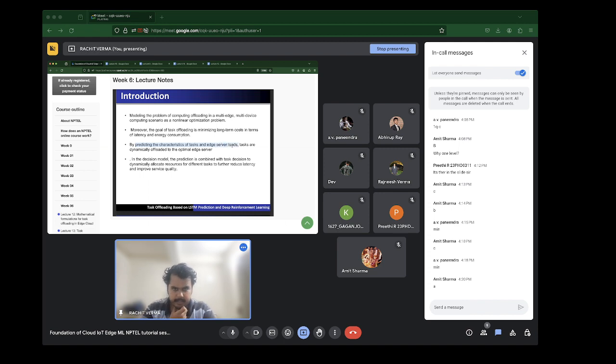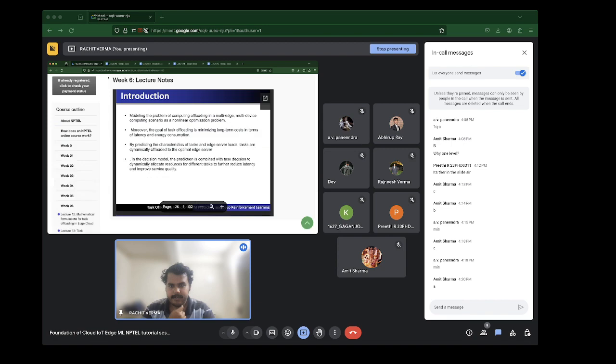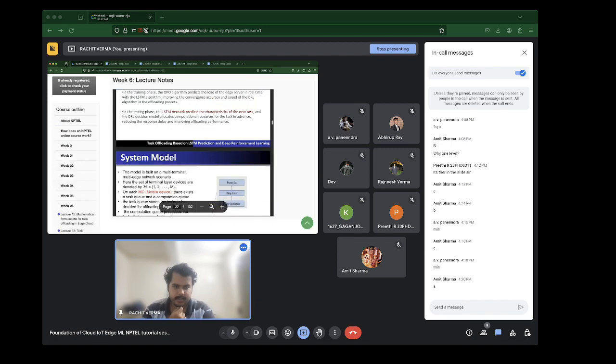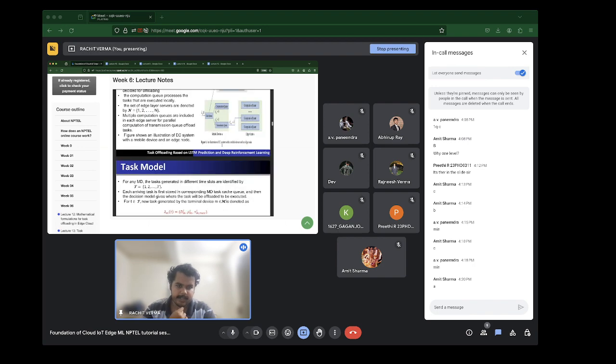That is encapsulated in the prediction part of things. But after that, in addition to the prediction, we use one more characteristic to figure out what the optimal offloading decision would be.